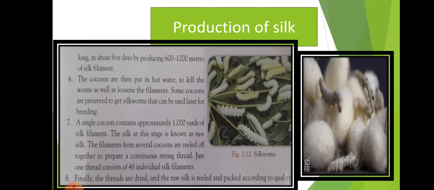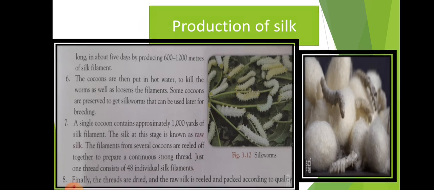So dear students, this is the production of silk. Totally how many steps are there? It contains around 7 to 8 parts. The first 5 parts relate to the life cycle of the silk moth itself. If you are preparing the question on the life cycle of silk, you can write those 5 parts. In parts 6 and 7, we have explained the procedure. To get the pure form of silk, we have to go through these stages. So this is the production of silk.